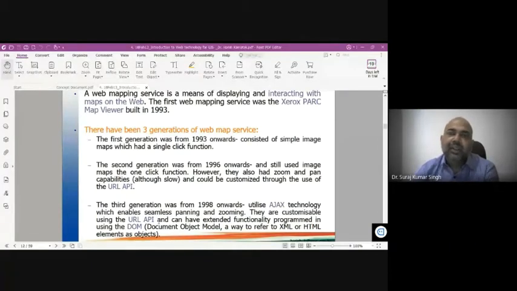If you type in Google API, you'll get some free Google Map APIs. So you can customize those maps, create your own database, create your own URL using those APIs, and have extended functionalities programmed using the DOM.